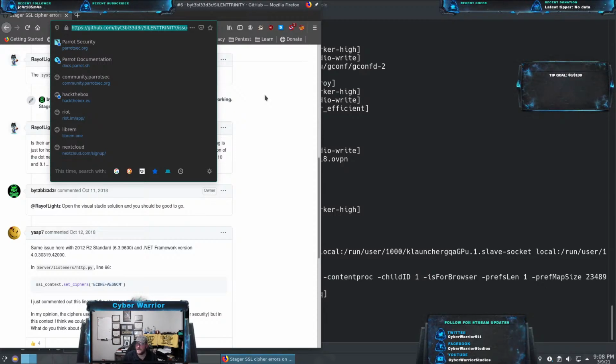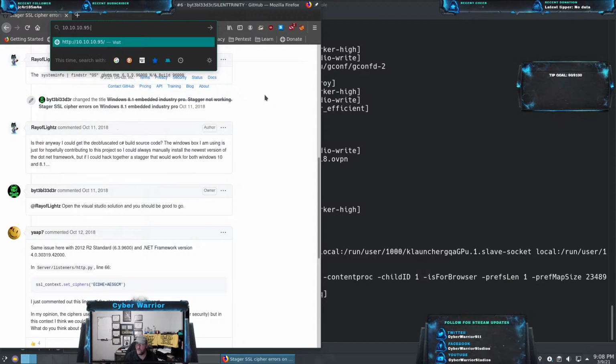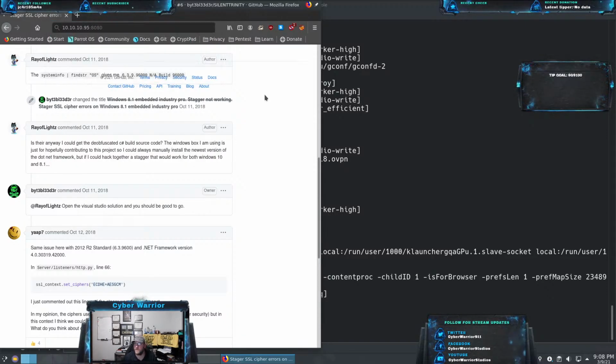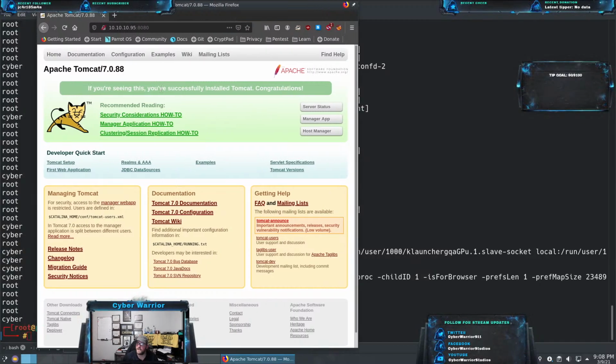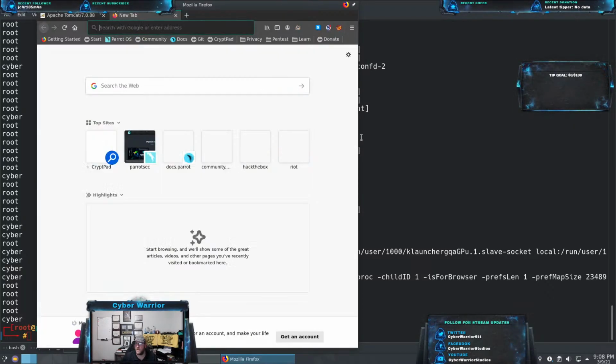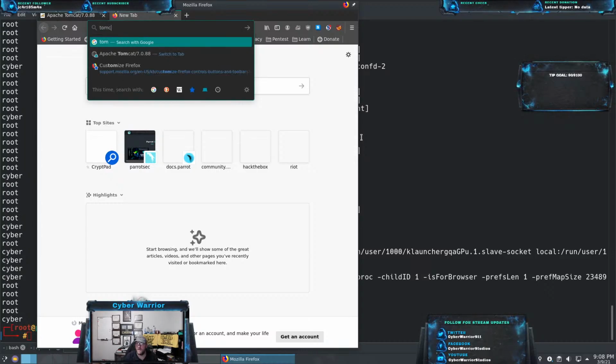10.10.10.95, port 8080. What do we have here? Hey, default Tomcat. So there are ways we can attempt to log into this. Now, normally, when you're enumerating and looking at things like that, what you would do is search Tomcat